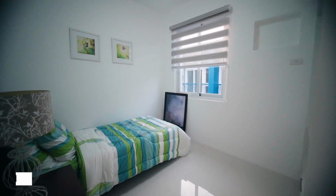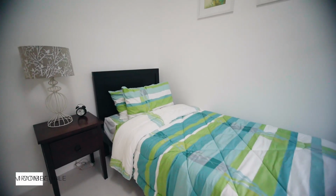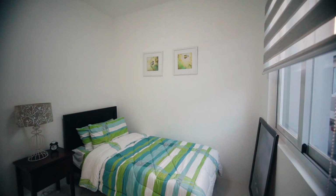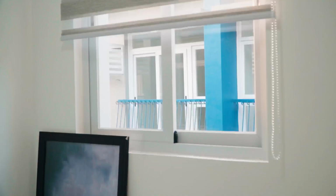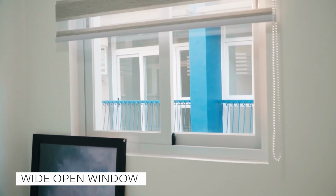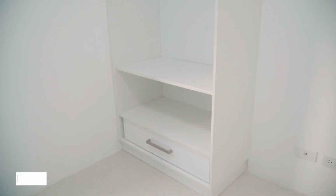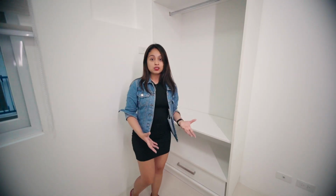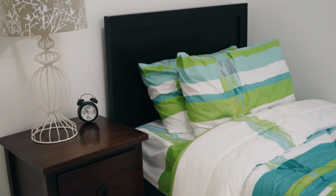So, as for this one, you can actually customize the bed. It's either single bed, double size, or even double deck can do. Then, you can actually put here different accessories and then design your own room. And at the same time, meron din siyang wide sliding window here. And then, we also have a provision for the aircon. And then, a built-in closet also for your clothes or your personal stuff. So, compared dun sa first bedroom natin, this is much spacious. So, it's up to you kung paano ninyo isi-set up yung mga furniture na gusto ninyo dito sa room na